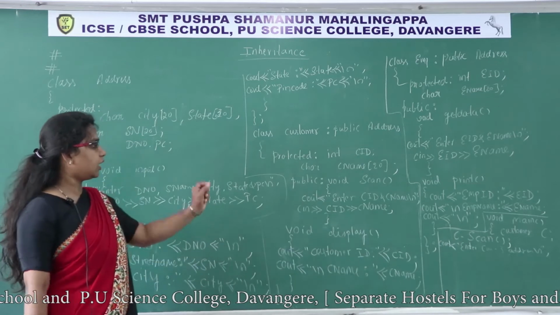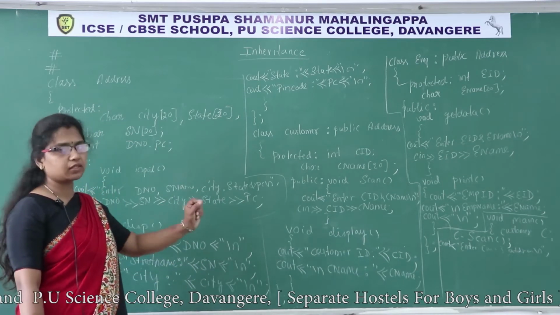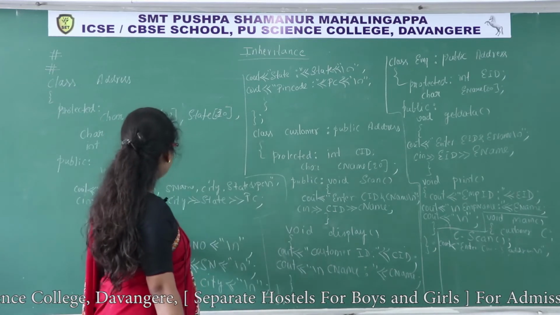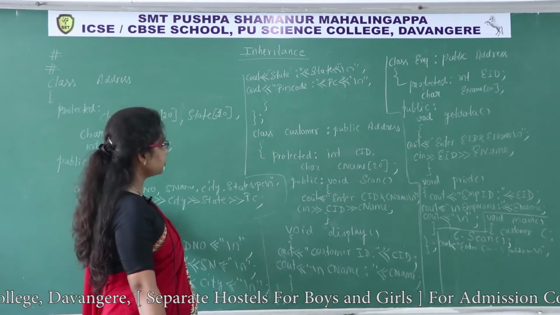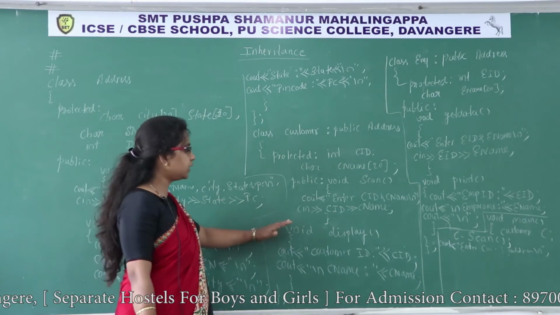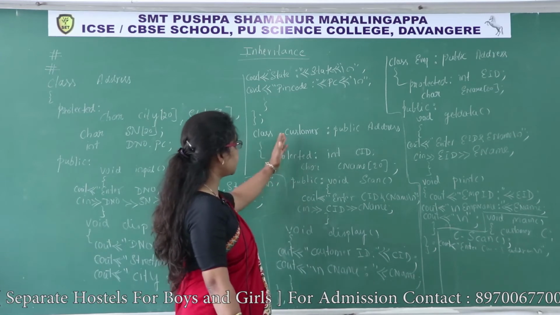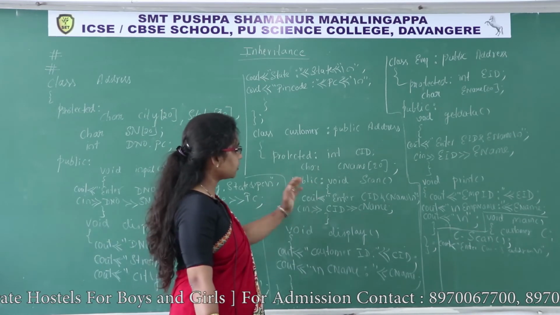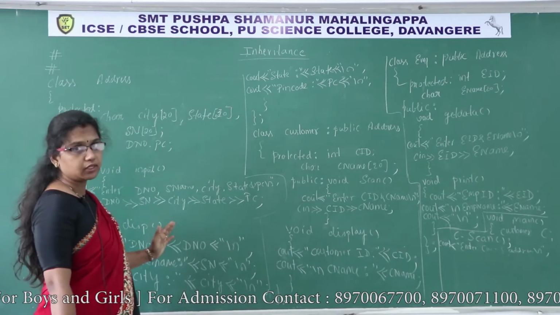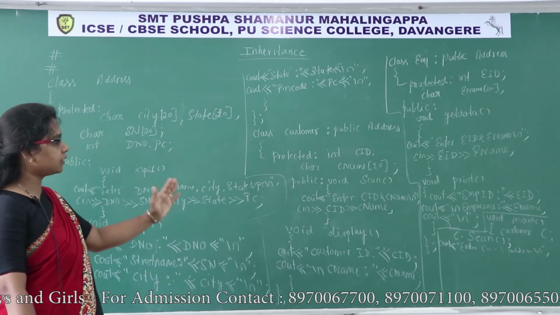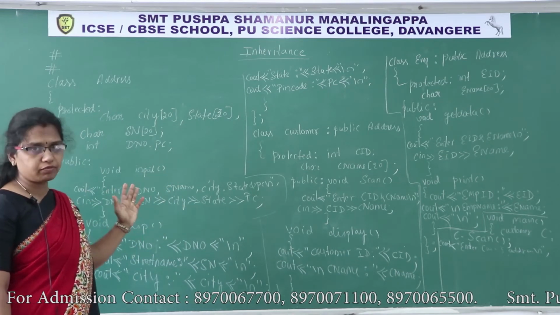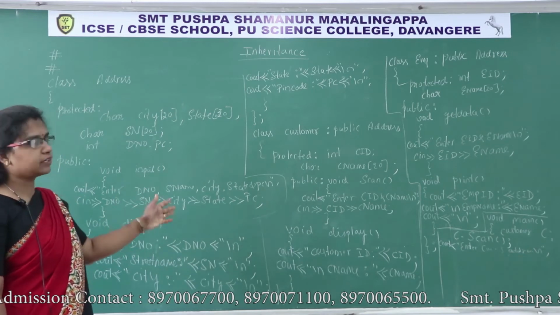You should not highlight or underline, you must not do all that. Now, the input function and disp function are inherited to the derived class public section. Now what is there in the derived public section of the customer class? Scan function, display function, then input function and disp function. These four functions are there in the public section of the derived class customer. Two are its own member functions and two are inherited functions.